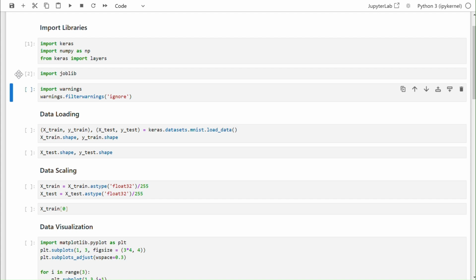So the second cell is successfully executed, and again I have imported warnings. These warnings are used to filter the unwanted and unnecessary warnings in the output. That's why I have used the filterwarnings method of the warnings library, and inside that I have provided the ignore parameter to ignore all the warnings. So let's run this cell. Okay,